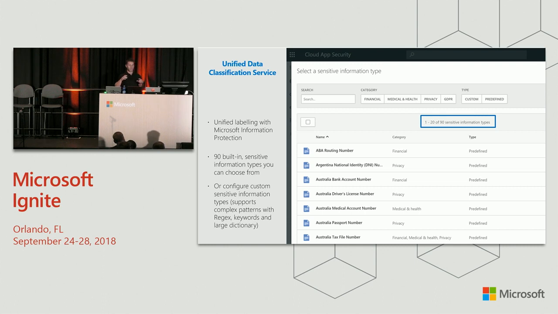But all of the capabilities that you see here are bundled together under the license. There is no separate license for each one of the capabilities. But naturally, if you wanted to use it across Office 365, you would need Office 365 licensing. But we'll have a quick overview slide on what exactly you need to buy. Yes, please.